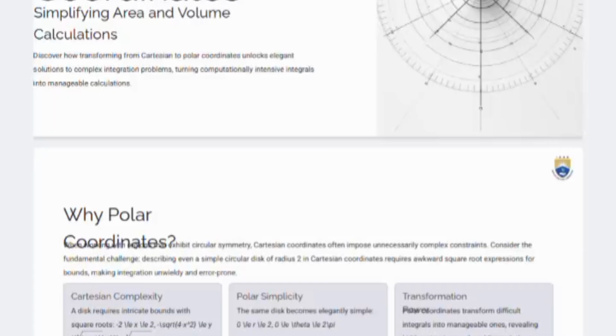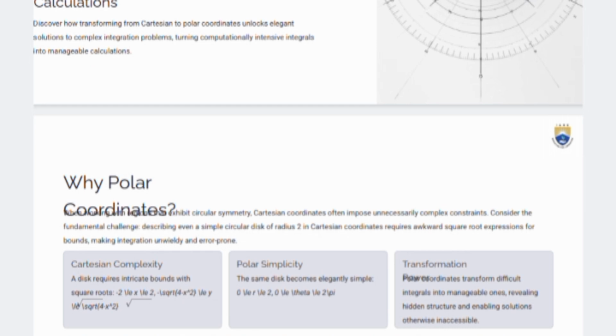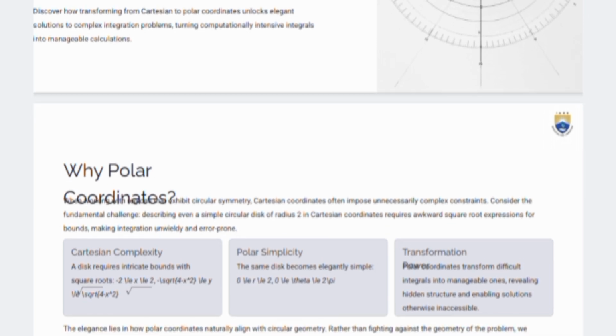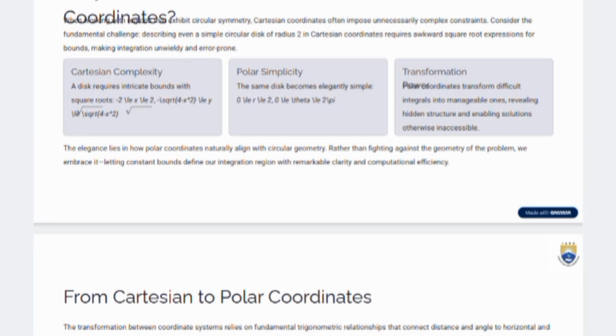Polar simplification: the simple disk becomes a simple integral of r from 0 to R and theta from 0 to 2 pi. Polar coordinates transform difficult integrals into manageable ones, solving otherwise unsolvable problems. From Cartesian to polar coordinates, the transformation between coordinate systems reveals a fundamental relation that connects distance and angle to